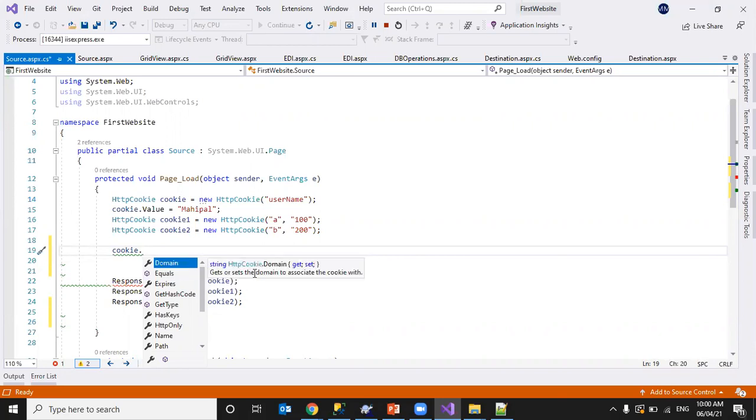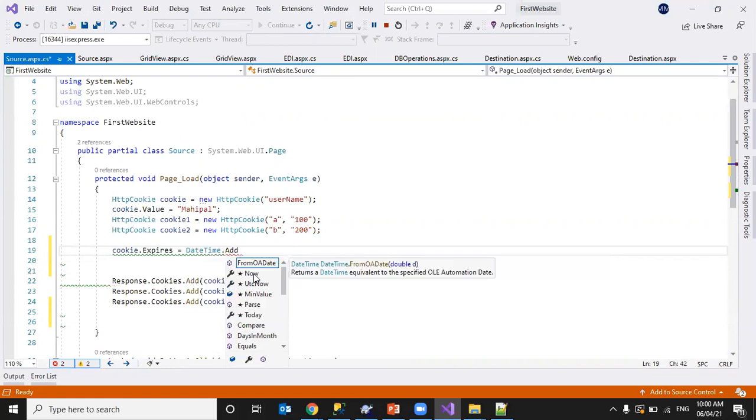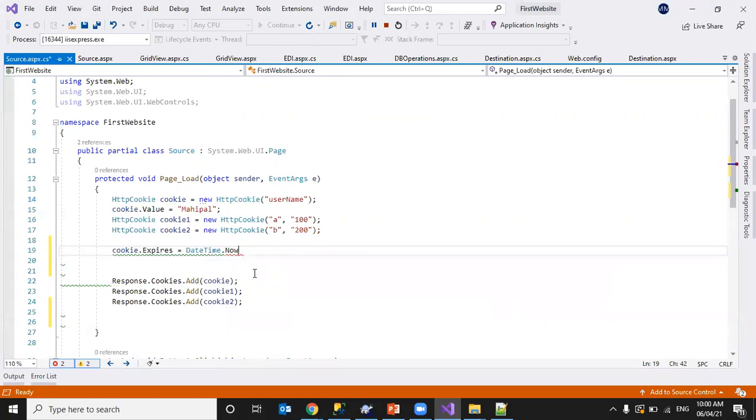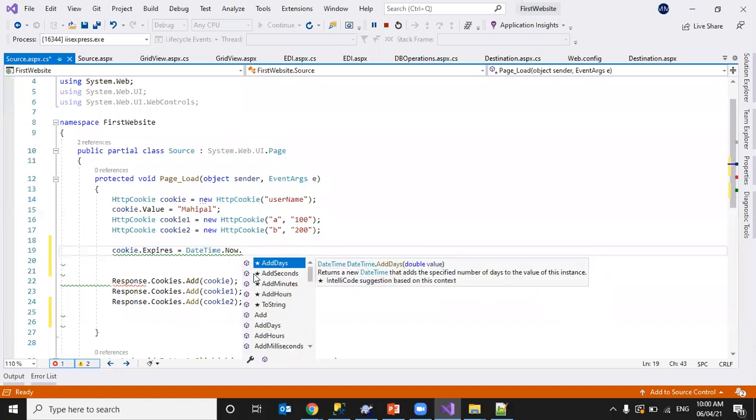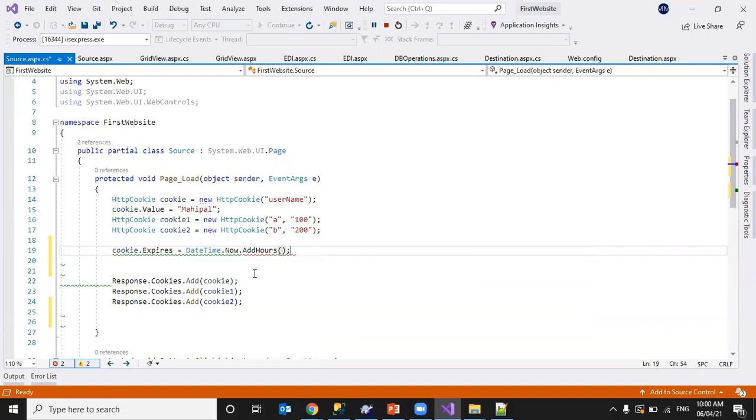Our domain information we can set. Expiry time we can set: Expires equal to DateTime.Now.AddHours, or AddDays. You can add 1 hour like that, then that cookie will be available for 1 hour.